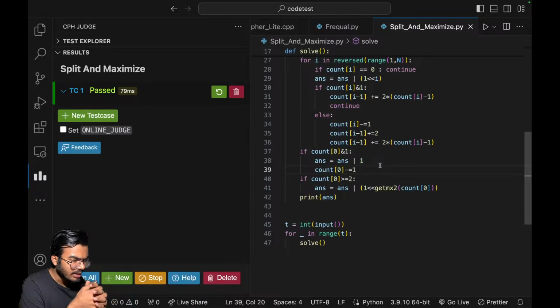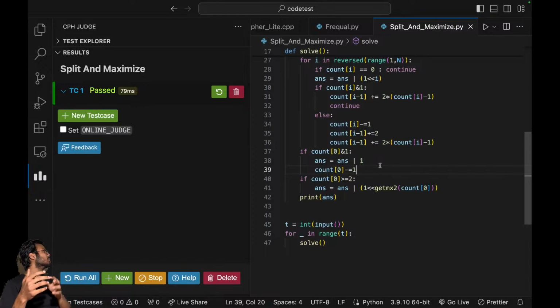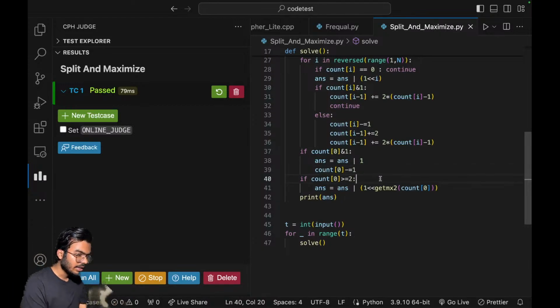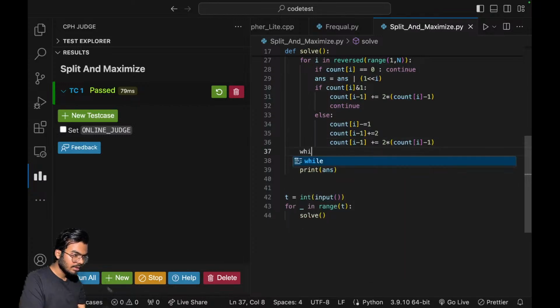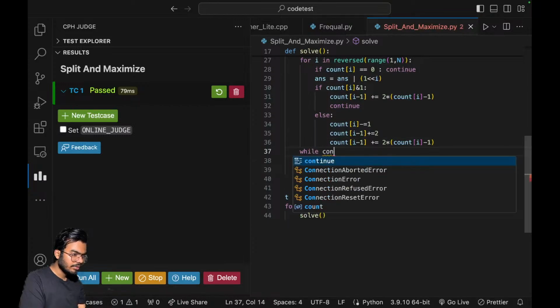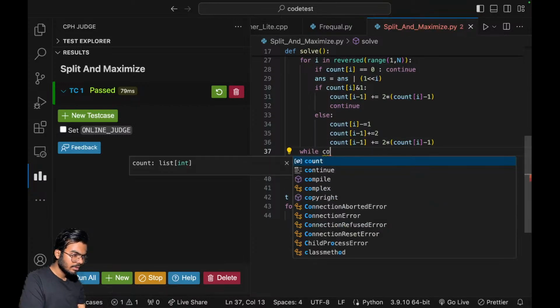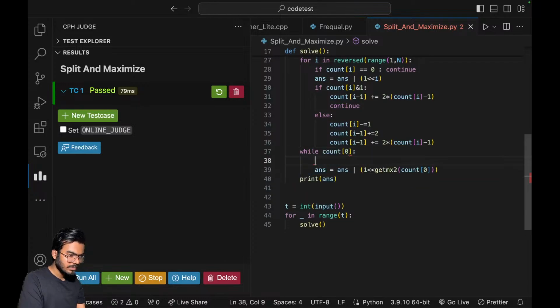I can just try and get the maximum power of 2 that I need. Like if I have some huge power of 2, then I can just try to first eliminate them, right? So I can say while, before doing this, like while count of 0,